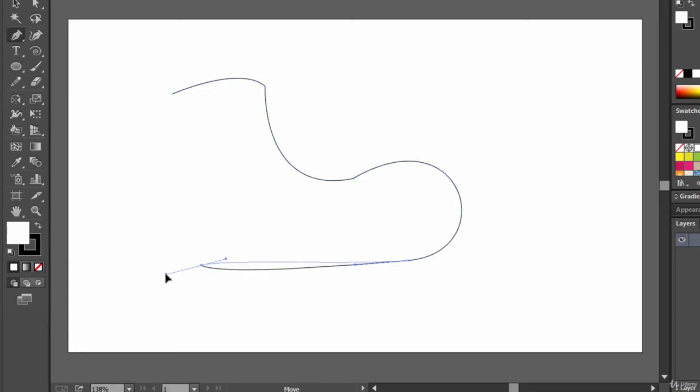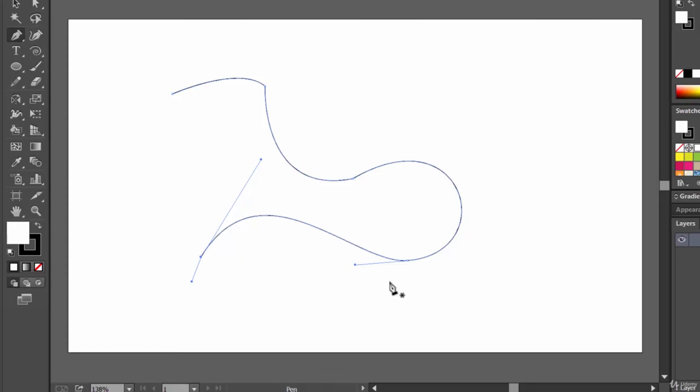You can control the handles, and remember, if you want to control the handle for only one direction, you need to hold the Alt key, but remember that we have already pressed the control key. So now when you hold the Alt key, you can change the handle for only one direction, for only one path. I mean, it's affecting only one path.